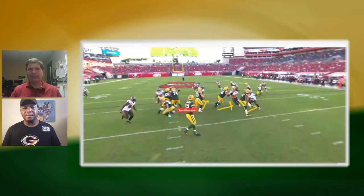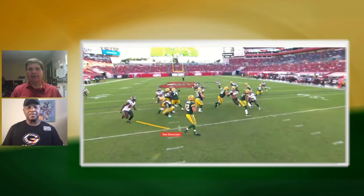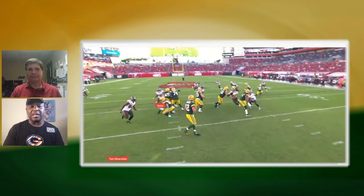But Elton Jenkins and Bakhtiari are just kind of right here. So I don't know if something went wrong there. It'd be interesting to know that. But something did go wrong because this guy shouldn't be a free runner. Yeah, because even if they have fanned out, Bakhtiari would stay here, and Jenkins can stay here to block this guy. And even if you barely